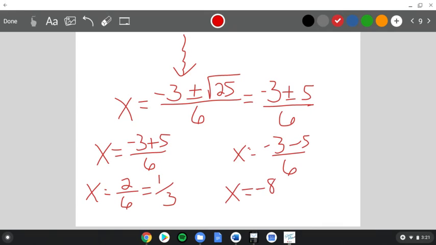And then -8 over 6 would reduce down to -4/3. So if your discriminant is a perfect square and it comes out, go ahead and write it two times, once with the plus and once with the minus. And so that would be another situation where your